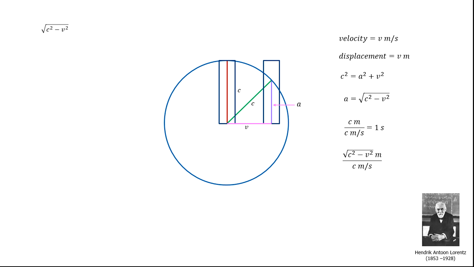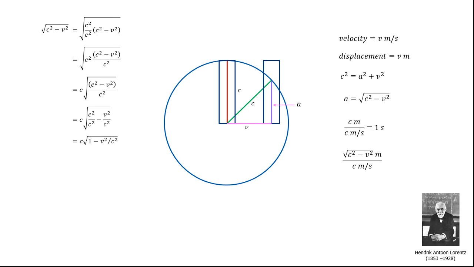Start with the square root of c squared minus v squared. Multiply the formula inside the radical by c squared over c squared, which equals 1. Now let's put c squared under c squared minus v squared. From here we can take c squared out from under the radical as c. Now let's separate out the fraction in 2. c squared over c squared equals 1. Let's then put the square root in the denominator. In order to do that, we'll have to make it 1 over the square root.